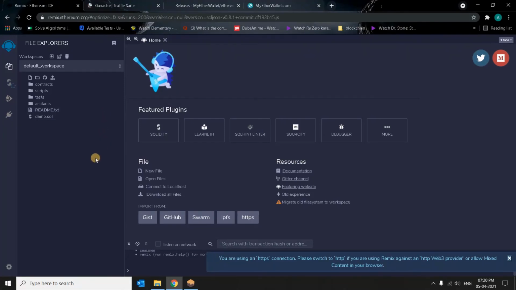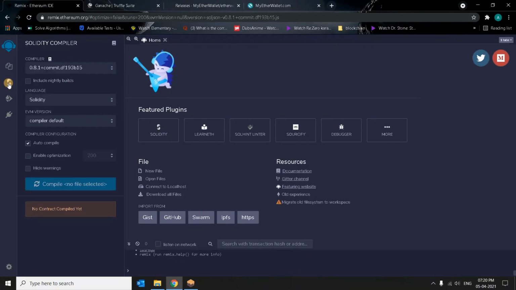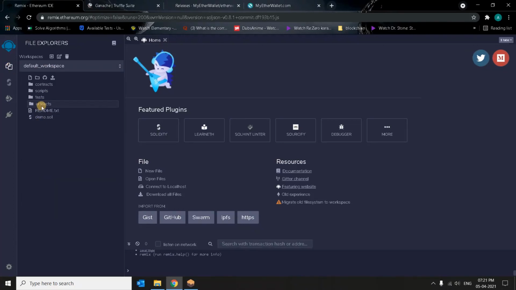So as you can see, this has created an IDE. This is just a website, but we can create Solidity files here. And this is almost similar to some regular IDEs like PyCharm or Visual Studio Code. So you can create your workspace here. If you go to the left pane and click it, this tab lets you select the language, the compilers and the version also. So here we can create our new file and execute that.